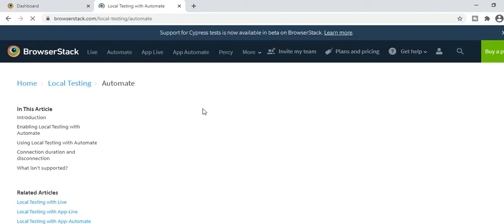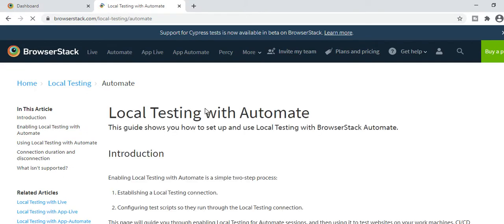In order to automate your web application, you need to download one exe from here, from BrowserStack as well. Once you log in on BrowserStack, they will provide you the username and access key. That is very mandatory. You have to create an account on BrowserStack, then you are able to test your web application.